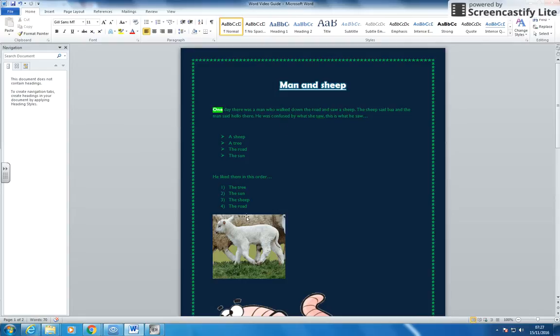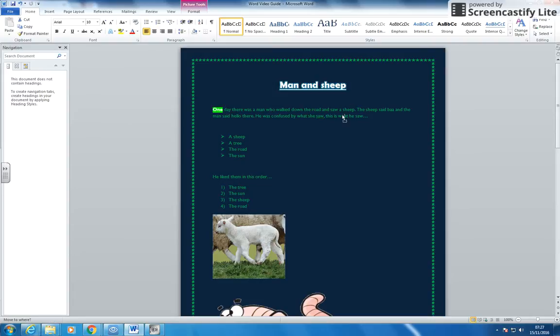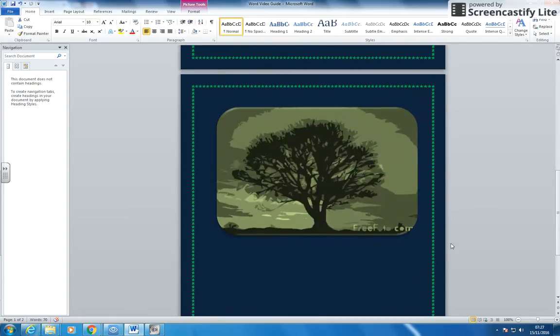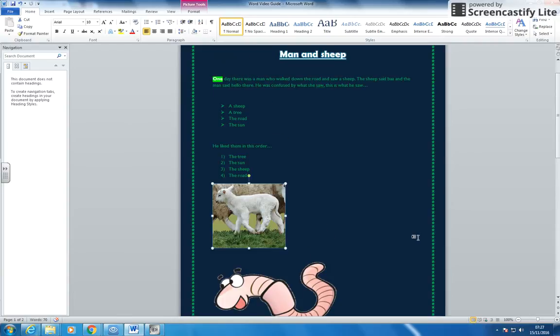Now, as you may have noticed, if you click and you drag, your image kind of goes up and down. It stays in line with the text. You can pop it in the text, but you can't do much really good movement and have the text running around it. That's because we haven't applied any word wrapping yet. And word wrapping is one of the most powerful things that Word can do, and it can make it look really, really nice. So it's under the Format tool,